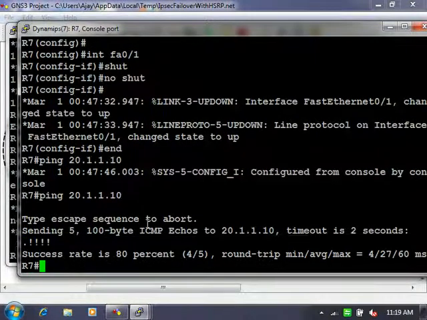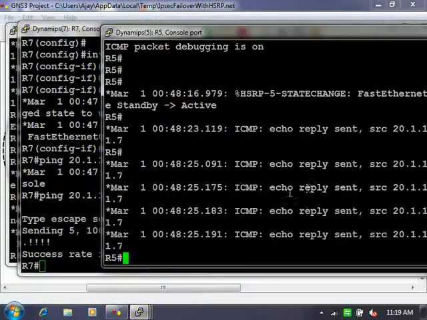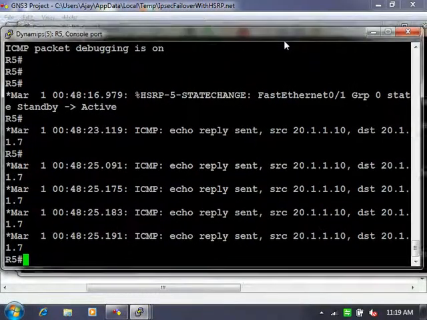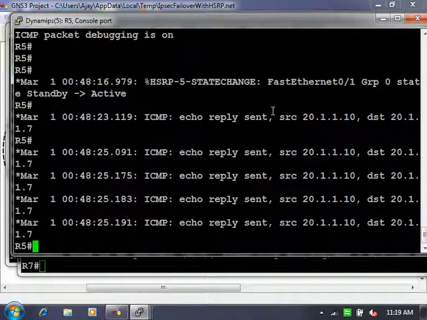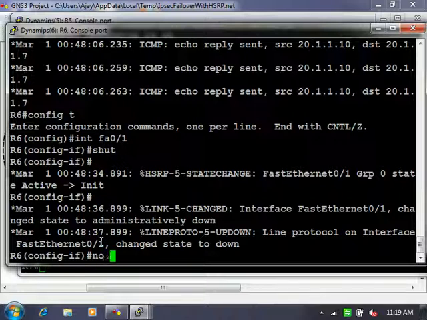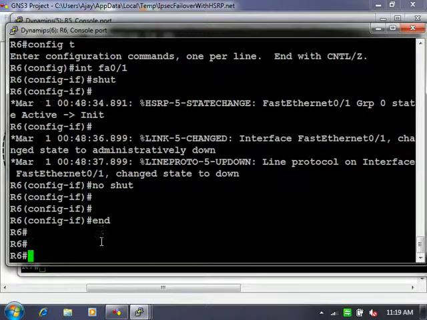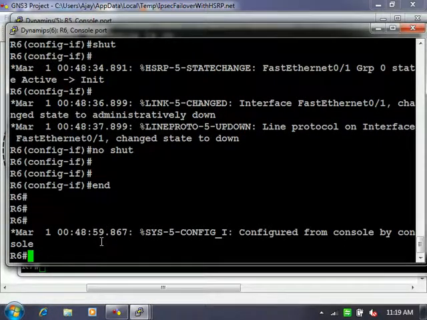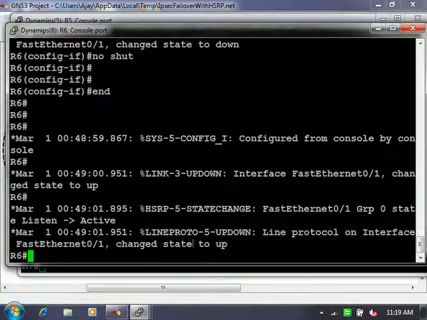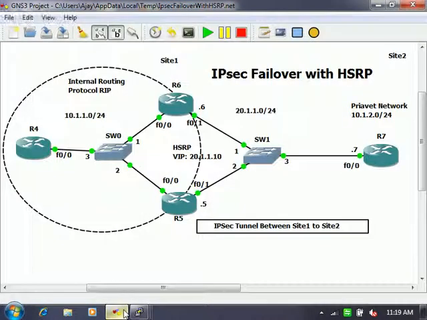It will take some time because they are negotiating the ownership. Go to R5, check it. Failover is working fine. Go to R6 and do the no shutdown, so he becomes the active one, right? Now let's configure this. So this was the HSRP part. So HSRP failover is working fine according to our test. Now let's configure this